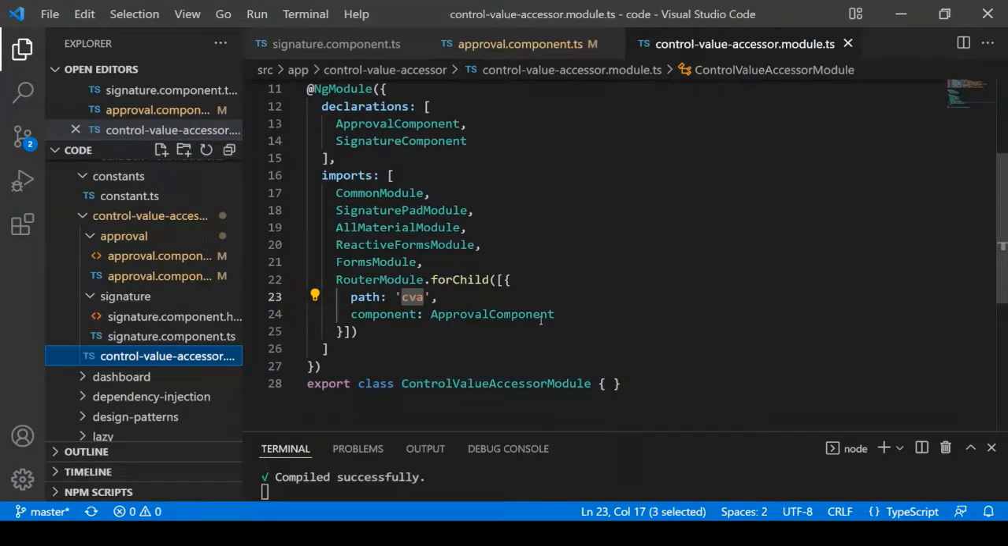In this lecture, we will understand about Control Value Accessor. We use Control Value Accessor when we want our component to behave as a form control. I have created a setup. Let's see. I created a module where I have defined a child route where path is CVA, which will load